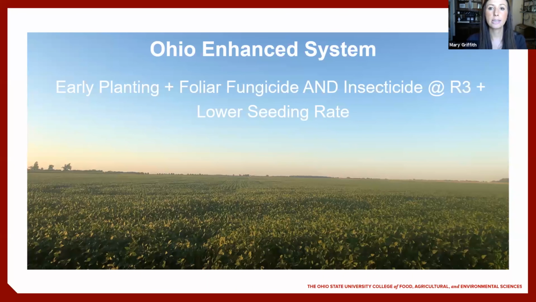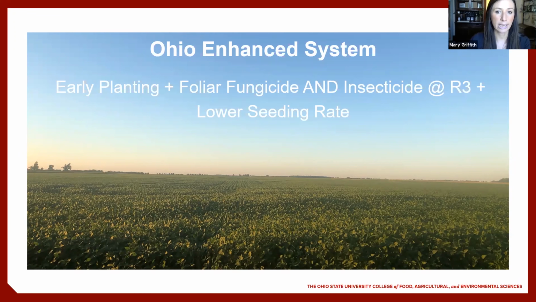So as Laura mentioned, the study compares the performance of an enhanced management system for soybeans compared to a standard management system. And the enhanced management system is based on practices that were identified by soybean specialists in a previous study, including Laura, as having the biggest potential to increase yield and profit for a given climate and soil type for soybeans. So the 3 practices identified and included in the enhanced system are